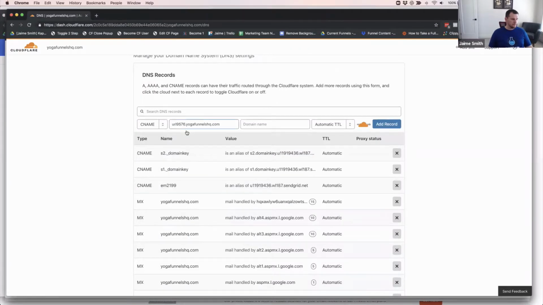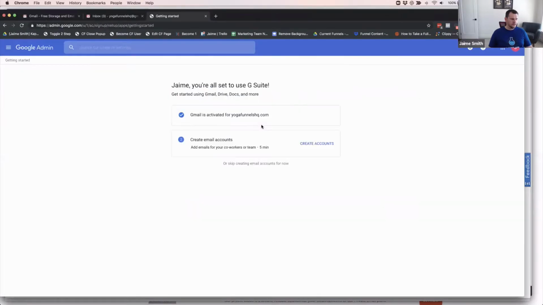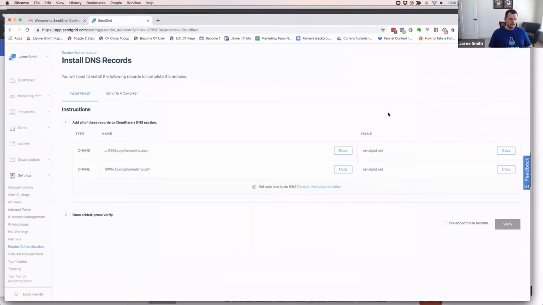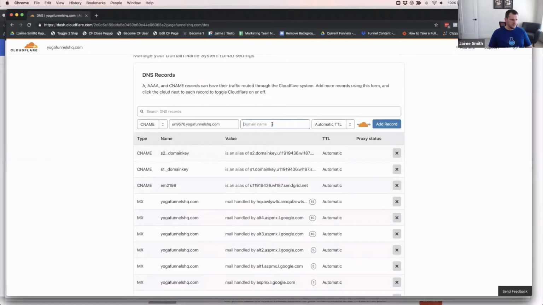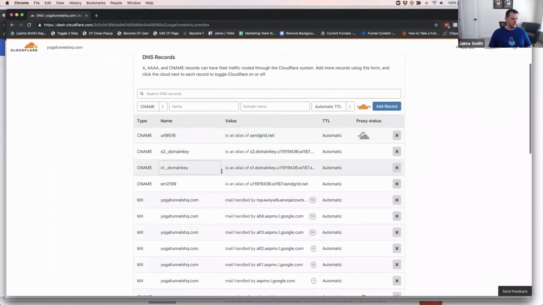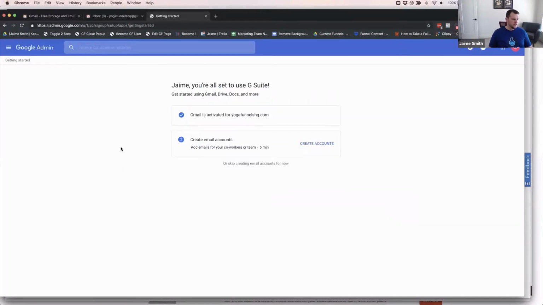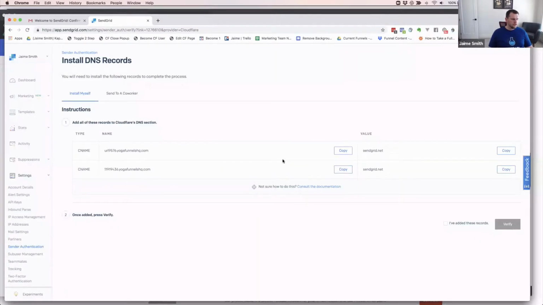And we're going to click paste. And then let's go back in here and click copy. And we need to paste that in. These are just going to go to sendgrid.net. And let's see, this might not let us proxy, but nope, that one does. So that's totally fine. I'd actually probably turn off the proxy on this one anyways, just because we don't need to proxy it. And then we're going to copy,